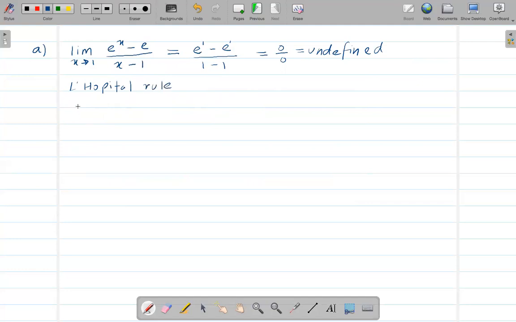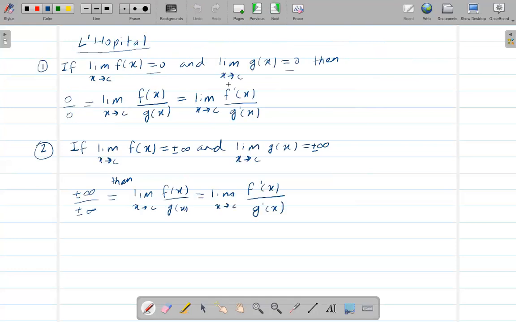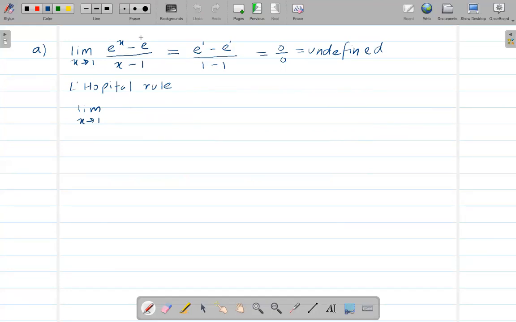Okay, so L'Hopital rule says that x goes to 1. Now, using L'Hopital rule, we take the derivative on the top, we take the derivative on the bottom, both. So we take the derivative of this thing on the top, which will be the derivative of e to the power x, which is still e to the power x, minus the derivative of e. Well, e is a number, right? E is some number, 2 point something, I don't remember, but still this is a number. So the derivative of a number is 0. So we don't have to write that. So even this negative will go. Divided by,